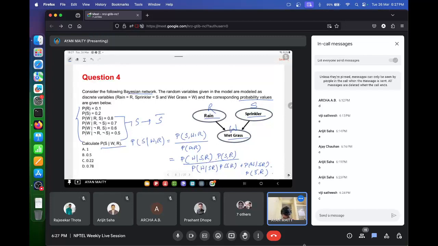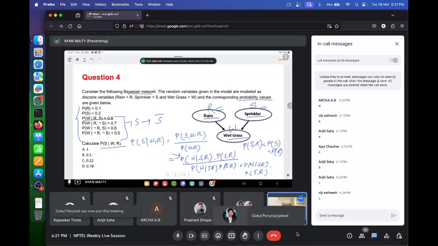So this is the probability that we have to find out, and probability of s comma r is probability of s into probability of r, because s and r are independent of each other. So probability of s comma r is just probability of s into probability of r, and all these probability values are given. So this probability of w given s comma r is given here,